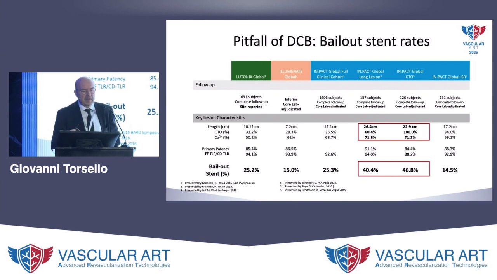As you can see here, if the lesion is only 10 centimeter long, the risk is 25%. But if it's longer, well, the risk will be 40, and in some studies up to 55%. So, in case of old patient, frail patient, and so on, I would go straight forward and